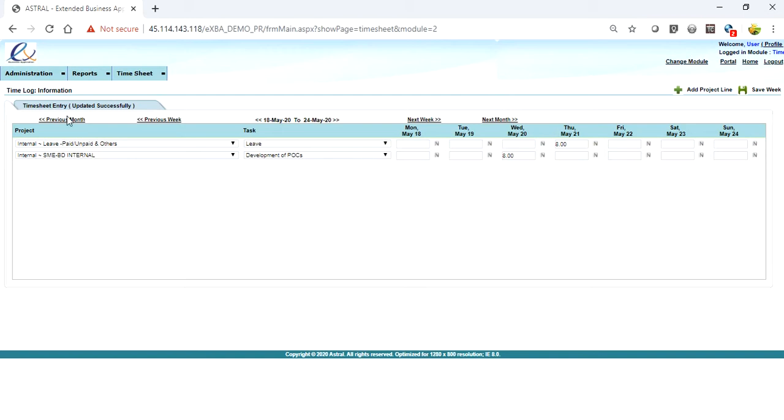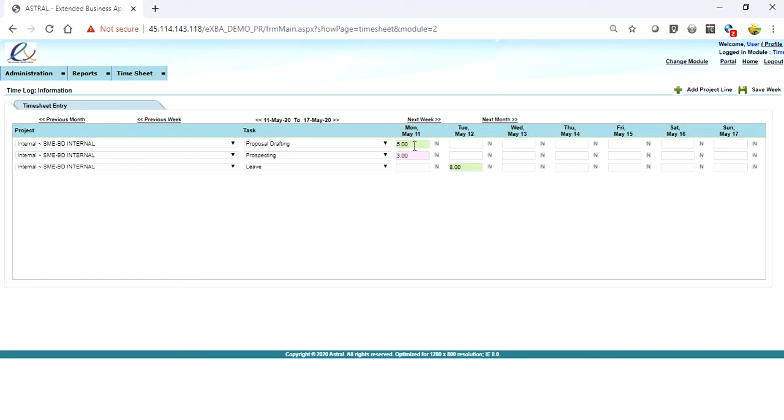On the top, you can see there are some options to go to the previous month, the previous week, the next week and the next month. You can use these options to navigate in the grid. For example, I want to see what entries I have done in the previous week. I can click on previous week and you can see I have done some entries.